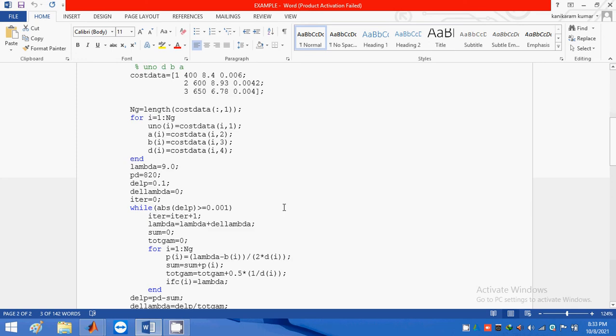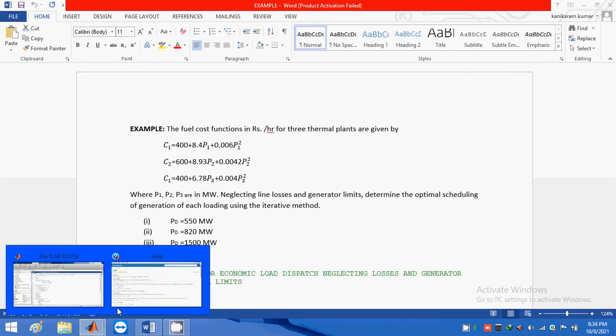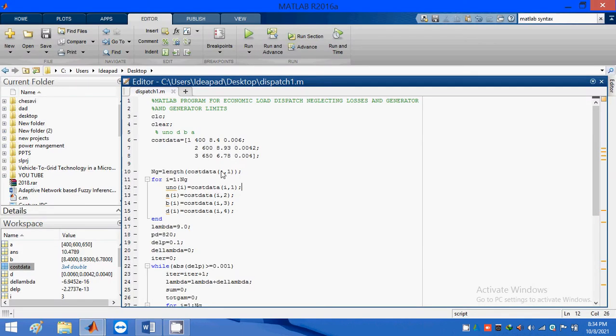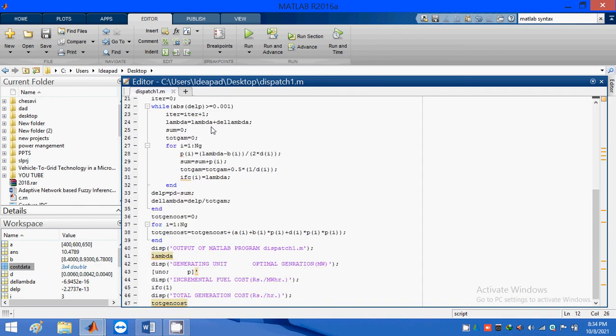In MATLAB we need to create an M file, write the program in the M file, and save it under some name, whatever it may be. I am naming it dispatch1. This is the economic load dispatch program. I have already given the program in the description link, so no need to worry about that.